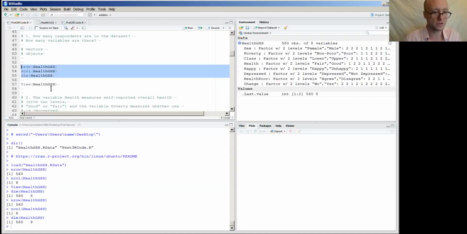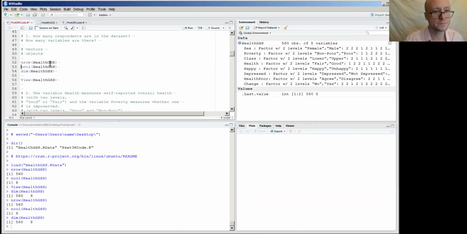I want us to get used to using the script. You can look at the number of rows, the number of columns, and the number of rows and columns. Okay. So